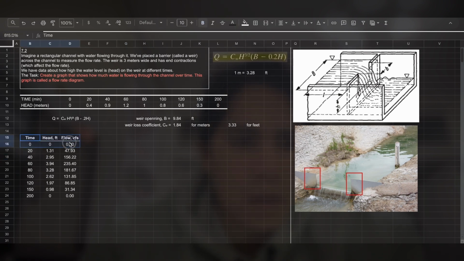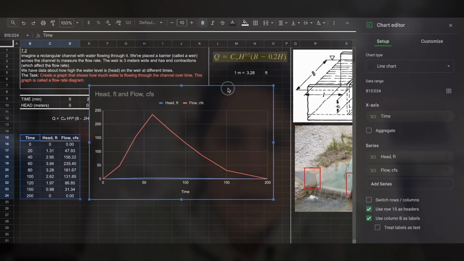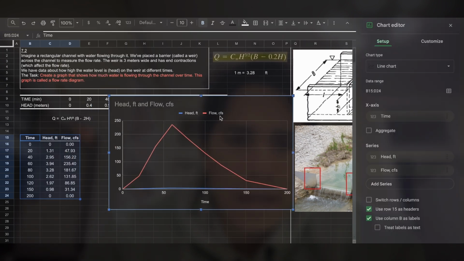And what I'm going to do is select the data, insert chart. Now we have the head and the flow here, but if you notice, the values of flow are much higher than the values of the head in feet. So we want to create a two-axis graph so we can see